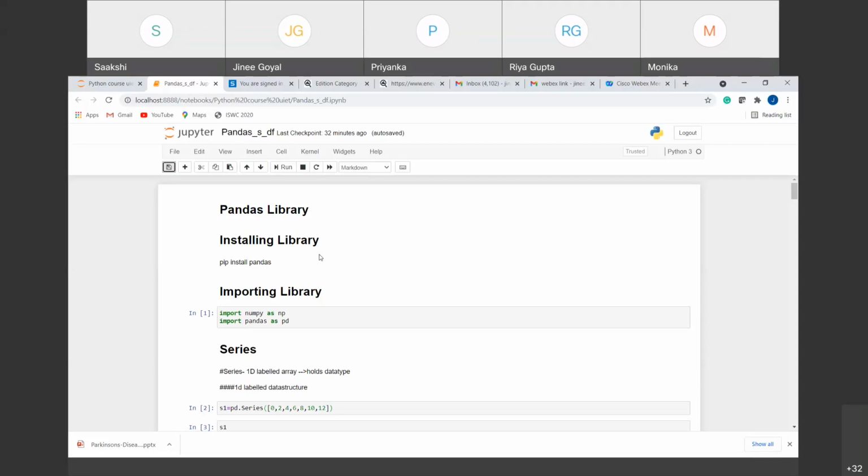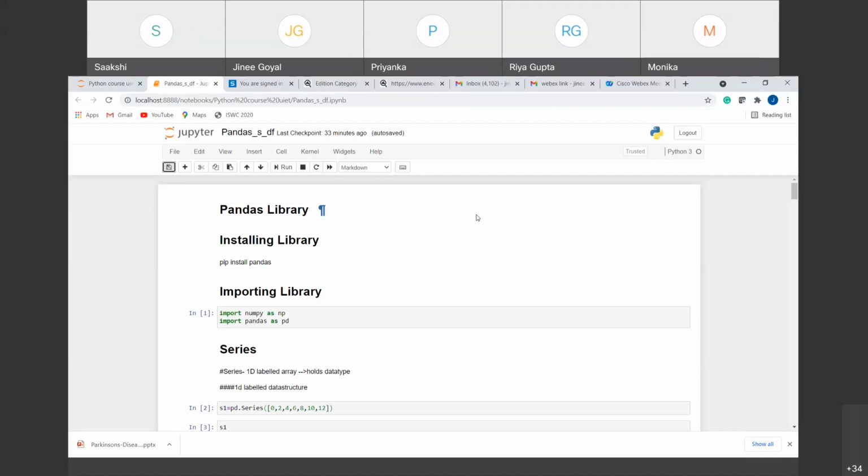So first of all is installing of the library. So like we did in the NumPy, if the NumPy is already available with you, then you can just import the library, right? And if suppose it is not available and you are getting an error that you don't have a package with you, in that case you have to install the library, right?